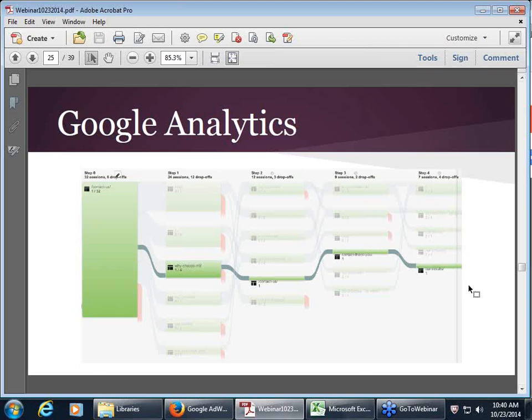So maybe you want to look at just the number of people who landed on this page, came through this page before that, and then these two pages before that. That might be relevant to see what the drop-off rate is. This red bar right here indicates the number of people, or relative percentage of people, who, after arriving on this page, left the site. And that's important in understanding how qualified the content of the site is.